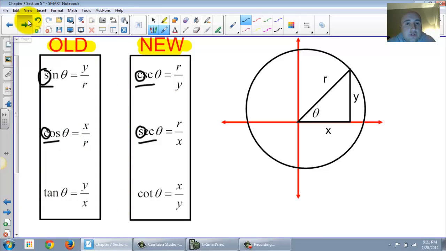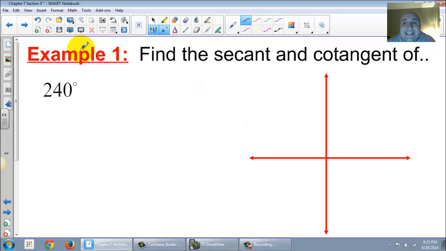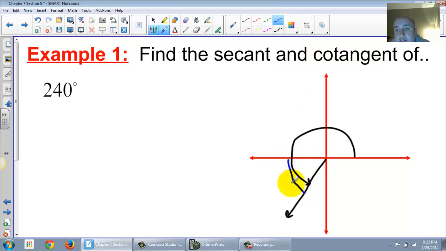So how does this work? Example 1 says find the secant and the cotangent of 240 degrees. The first thing we need to do is draw 240. There's 180. We have to go a little bit further to get to 240. Now we need to find the reference angle. The reference angle is the distance from this end line to the nearest x-axis. So 240 take away 180 is 60 degrees. So we're going to deal with a 60-degree triangle